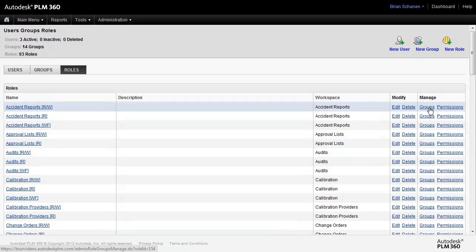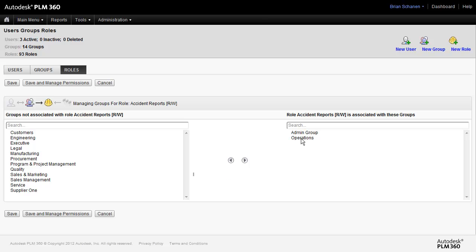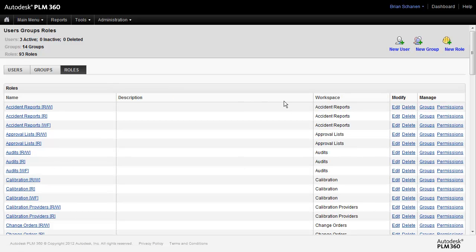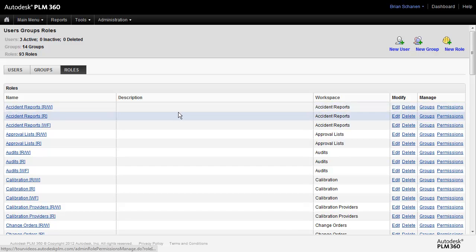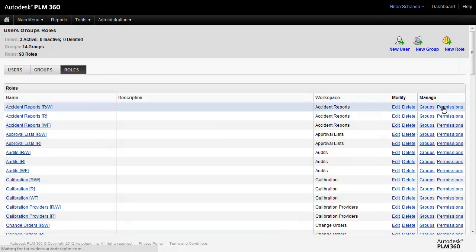We can take a look at the groups that are part of this role. This will give you an idea of just how many groups are participating. So we can see the admin group, of course, has privileges to it, and the operations group has privileges to see it. But what does that mean? Over here under permissions,